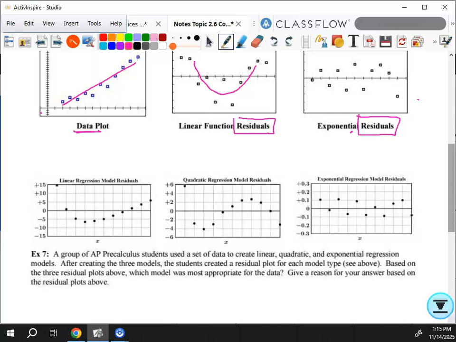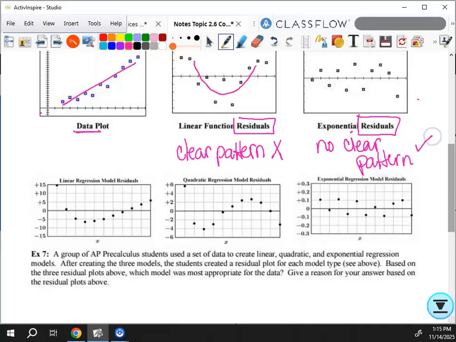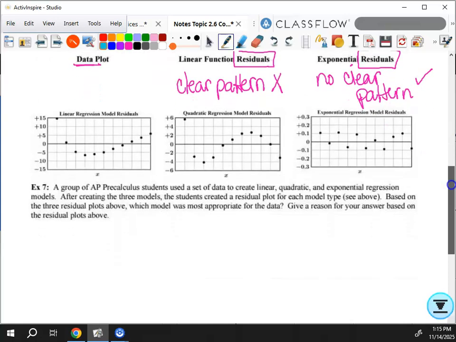So here we could say clear pattern. And so that's bad. And then no clear pattern, and that's good. It's good enough. Okay. Questions? All right. Then a group of AP pre-calculus students used a set of data to create linear, quadratic,